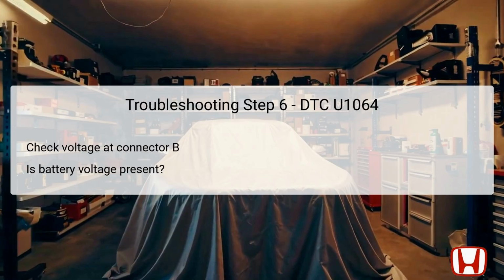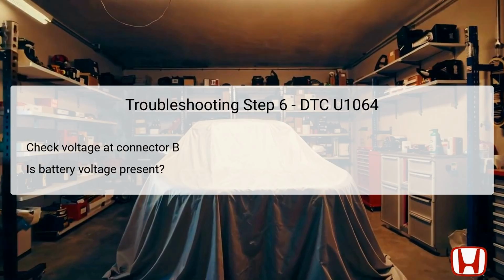If battery voltage is found at climate control unit connector A, terminal number 1, the next diagnostic measure is to check the voltage at climate control unit connector B, specifically terminal number 16. It is vital to ensure that this connector is also receiving the correct battery voltage, as it serves as a significant power supply. Voltage testing at this terminal is essential to determine if there are any blockages or faulty wires